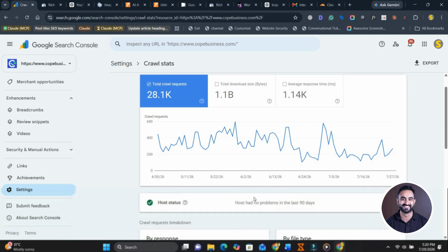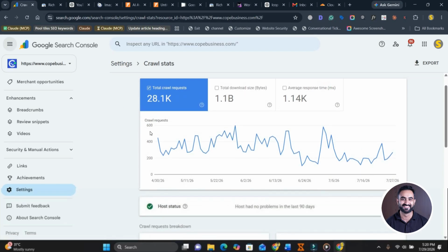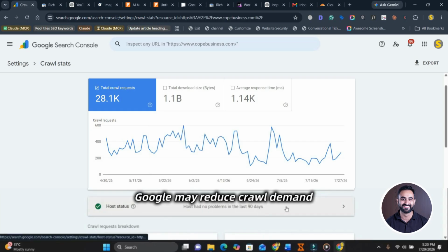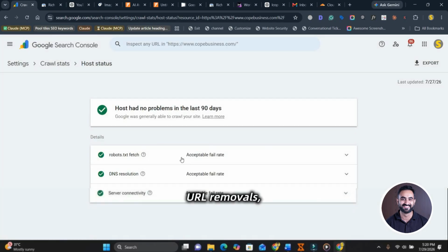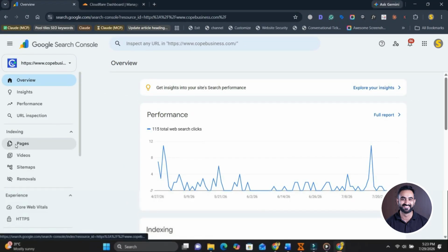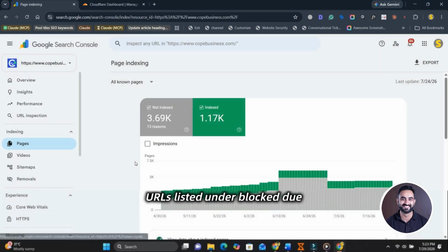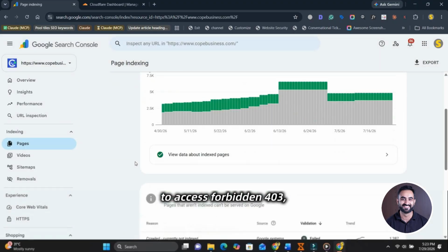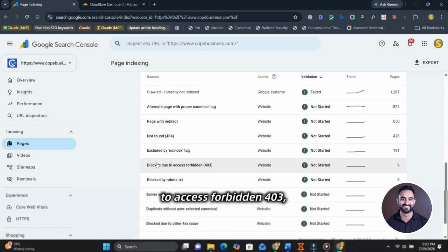But keep in mind that crawl drops don't always mean blocking. Google may reduce crawl demand because of content changes, URL removals, or server response times. What you're looking for is a drop combined with other signals, which we'll check next. Next, open the page indexing report. If you see URLs listed under blocked due to access forbidden 403, it means Googlebot sent a request and the